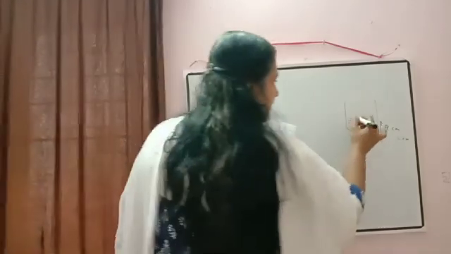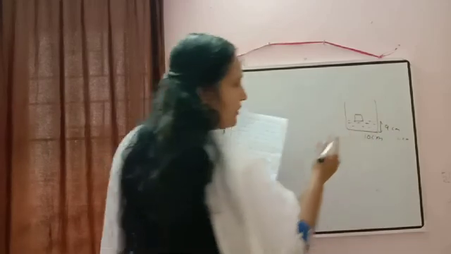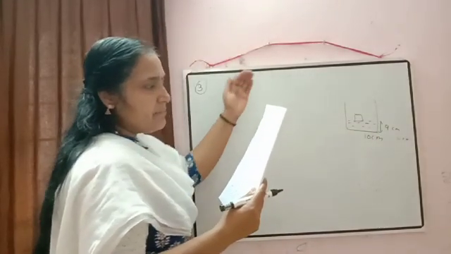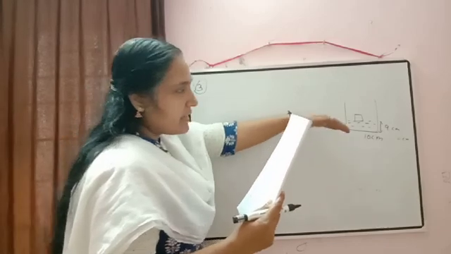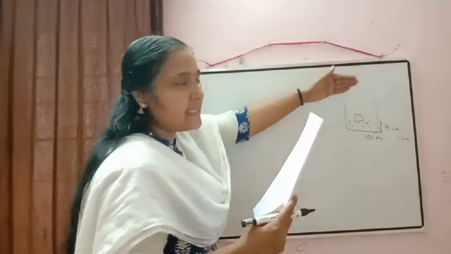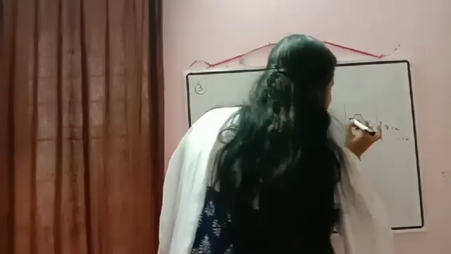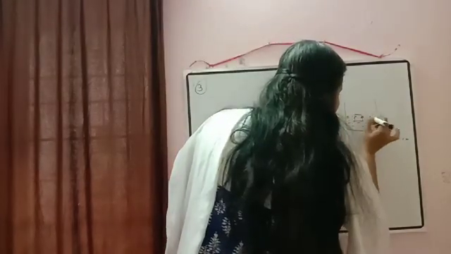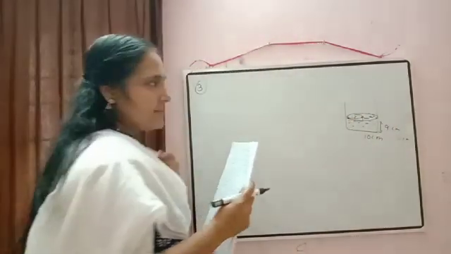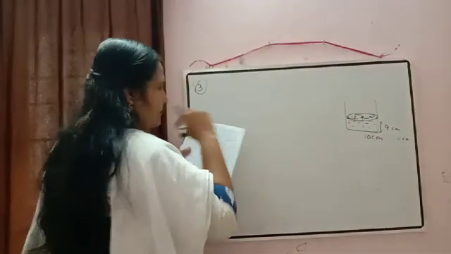Now what we are doing? We are dropping a metal cube of 8 centimeter edge, immersed in it completely. Calculate the height by which water will rise in the cylinder. So obviously, how much water will rise? What will be the volume of the metal cube? Correct? So directly write down there.